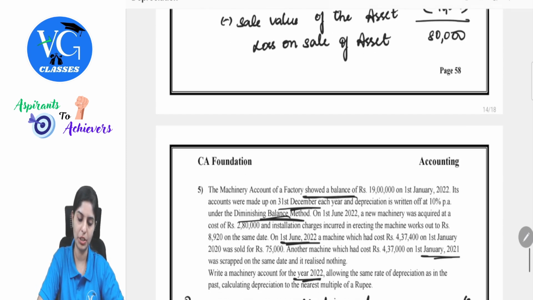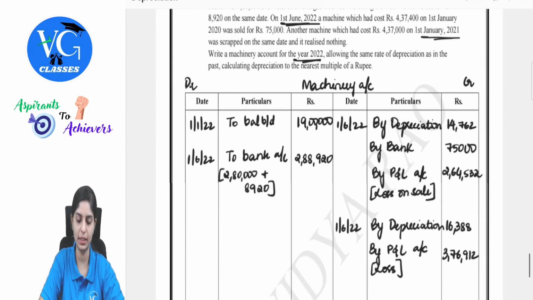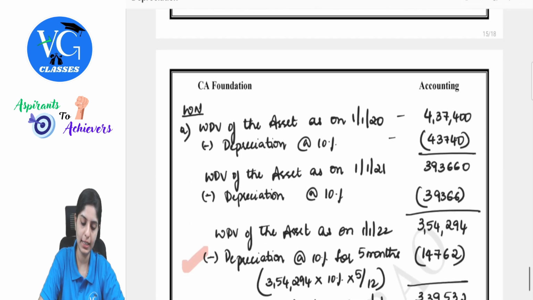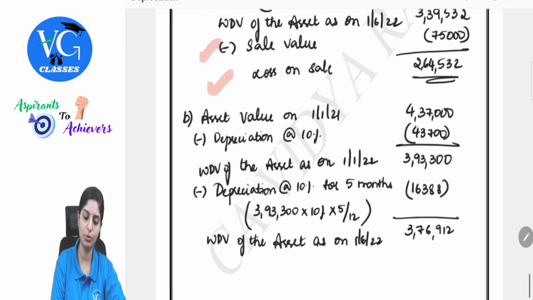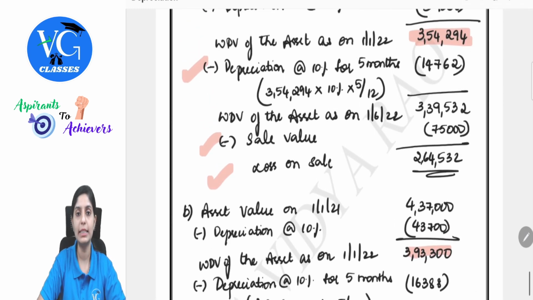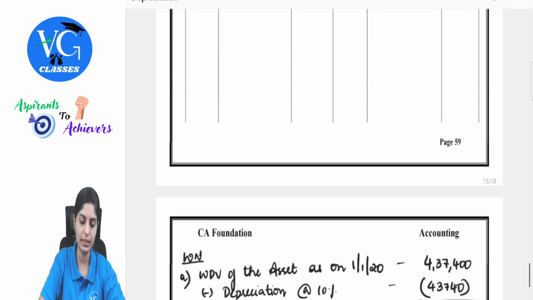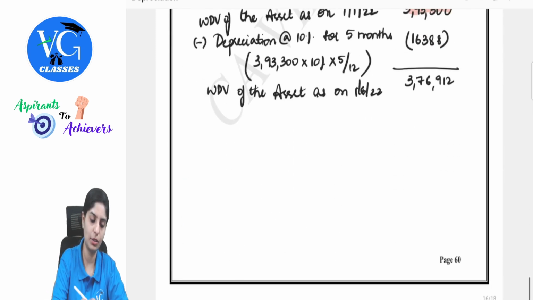Now, if you observe in the question, the total balance of the machinery was 19 lakh. So we have worked out in parts. So don't you think out of 19 lakh, see, this is the WDV of the asset as on 1st June. And also there is WDV of the asset on the 1st Jan. Sorry, not June, Jan. Can we remove this from 19 lakh? Because this balance of 19 is also telling me on 1st Jan. So I will still have the remaining asset balance, which should be subject to depreciation. Yes or no? So let's calculate